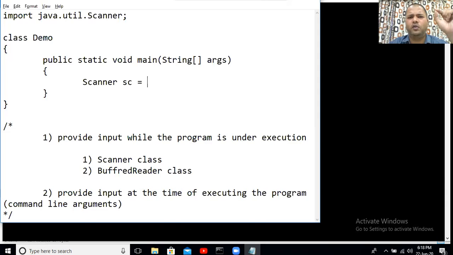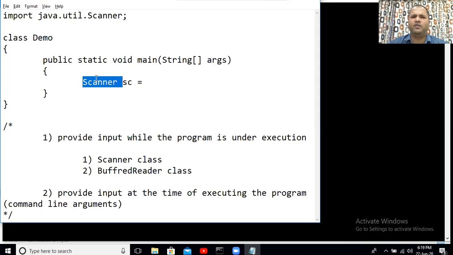I want to tell you one thing very clearly here: for the time being, as you are not well versed with Java yet, I'm saying SC is the name of the object here. Technically speaking, it is not the name of the object, it is a reference. But we are not going to talk about references yet. We will definitely be covering those things in coming sessions. So for the time being, I'm saying SC is the name of the object here, but technically it is not at all 100% correct to say so.